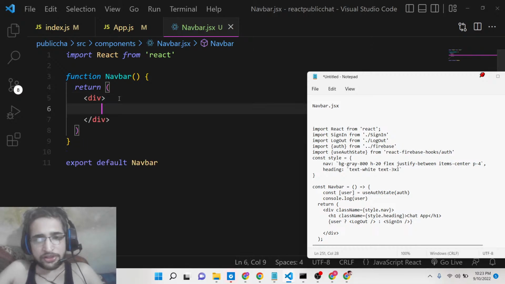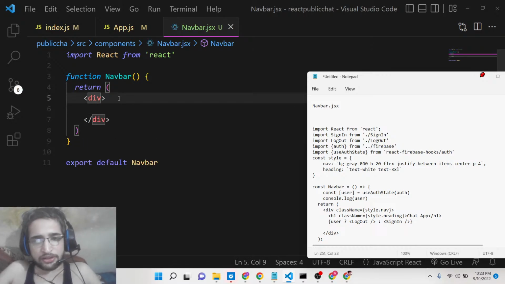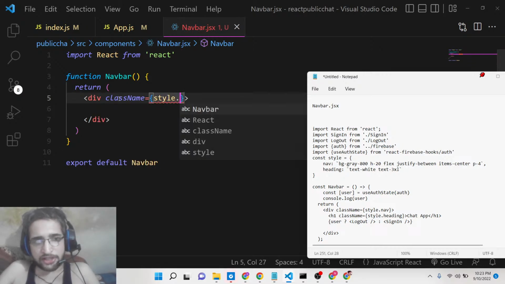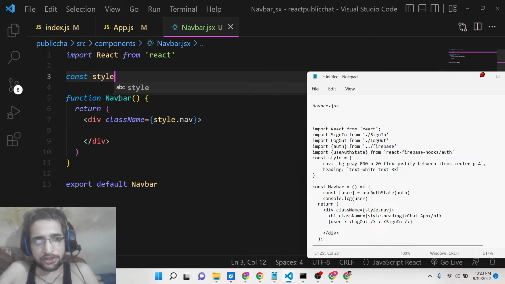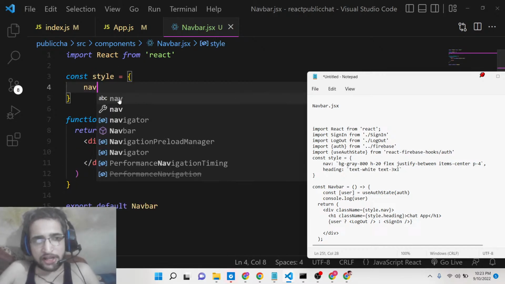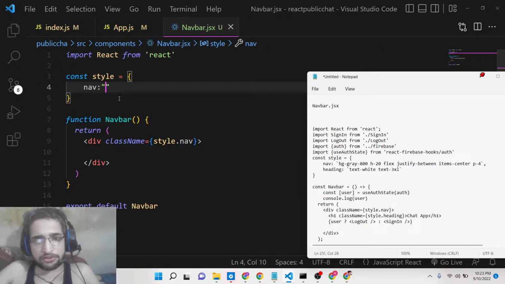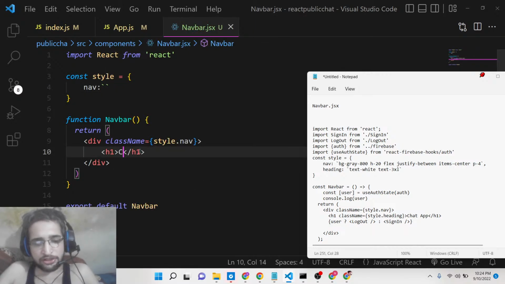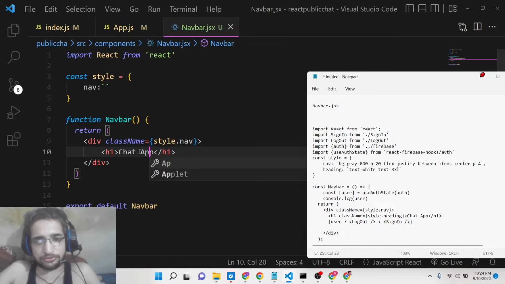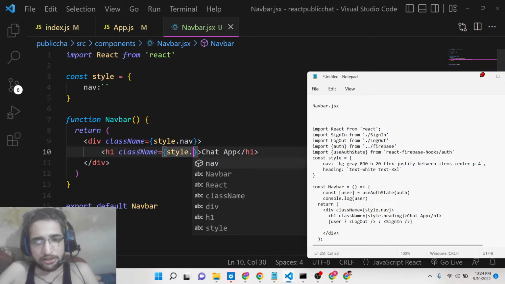so here we need to return simply, basically the class name will be equal to again this approach we will follow, which is style.navigation. So at the very top we will create a style object, and here we will have the navigation property. So this will have various properties here. So we will write one by one, so simply wait. And here inside this, guys, we will have a h1 heading, simply chat app. And for this also we will be having style dot heading,